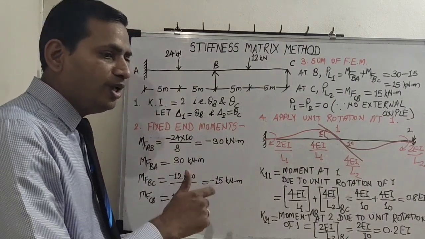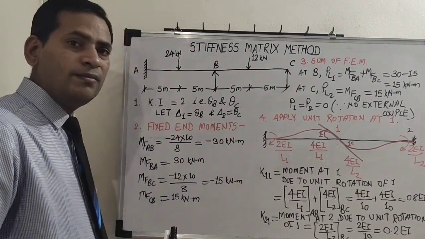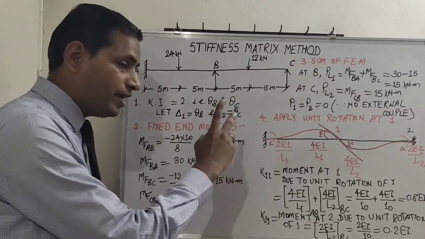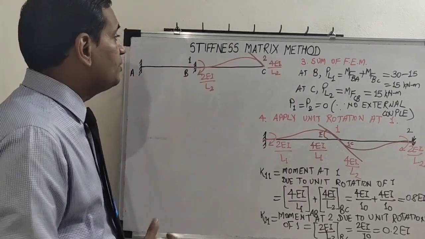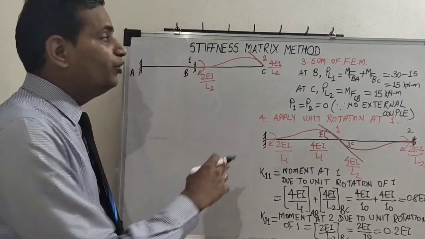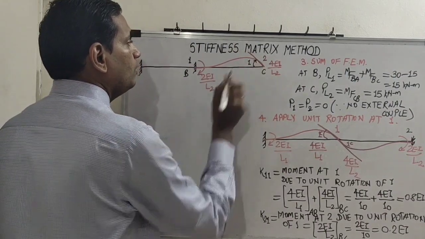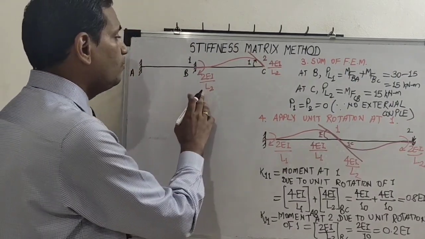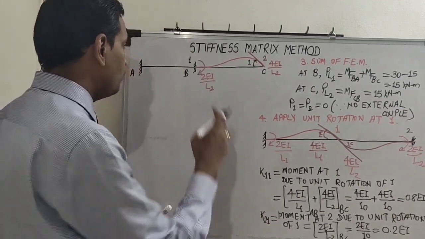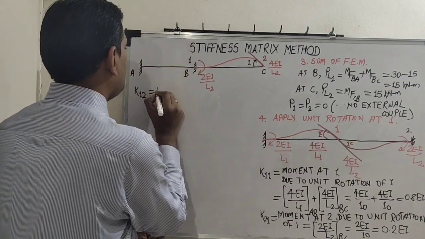Now we will go to location number 2. We will make its value unit rotation. We will make the value of 1 zero, and then we will draw the deformed shape. Again we will find two more stiffness values. Okay, this now is the deformed shape of the beam after we have applied a unit rotation on joint C or location 2, and this is the reactive moment or stiffness value induced on location 1. So we will go for location 1. What is K12?